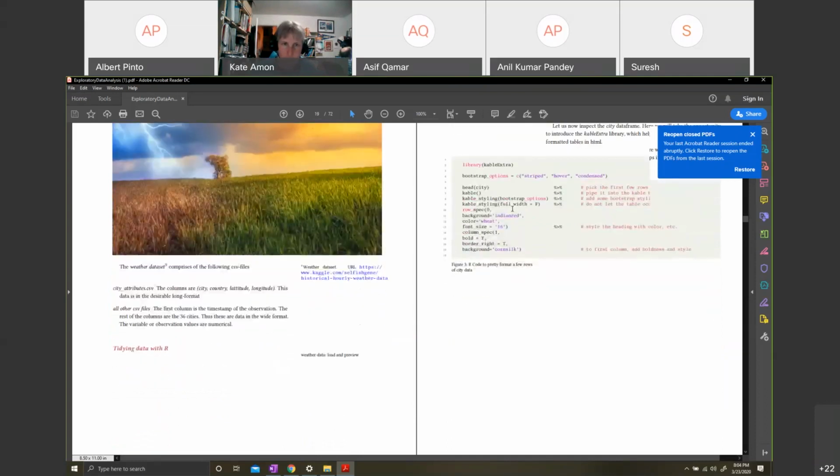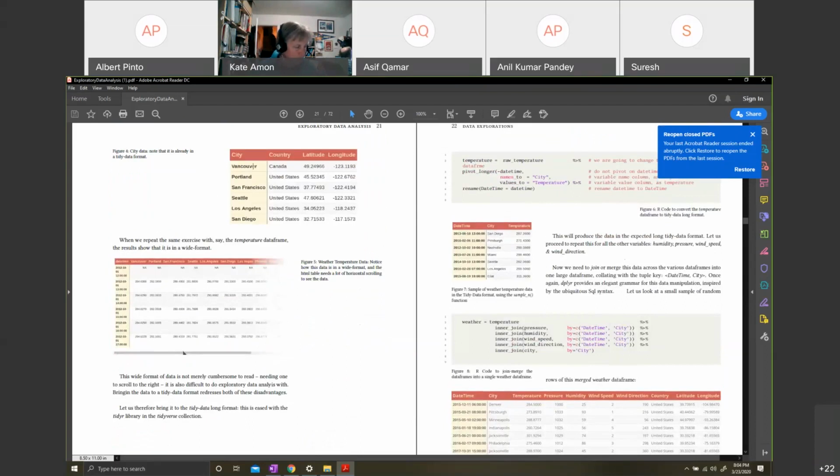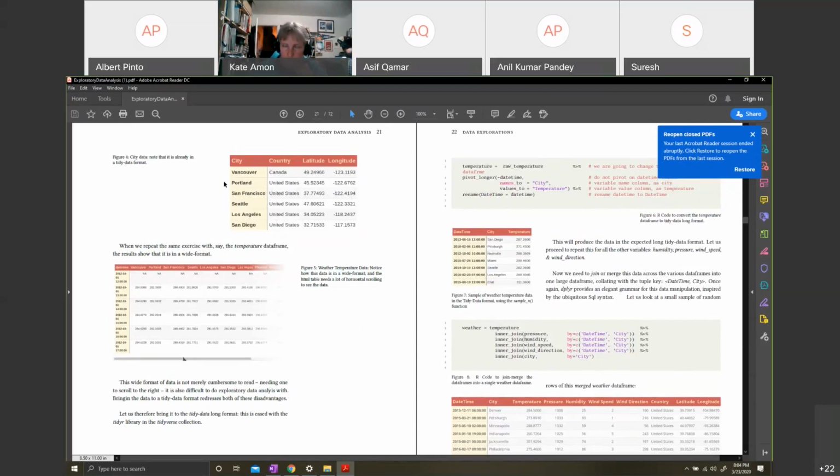Let us first look at the data for any one thing. For example, let's look at the city data. What does it say? This is the city, name, country, longitude, latitude. Very useful. That is the city data. Then we ask, is it in the tidy format? If you look at this data, guys, would you say it is in a tidy format? One data item is one row. A datum is one row, and the columns are the features of that datum. Anyone?